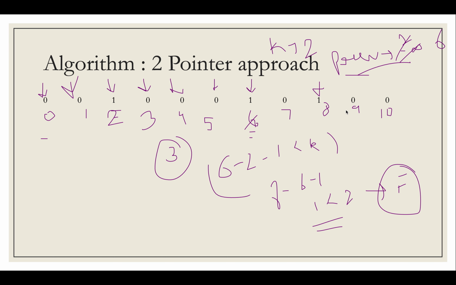Yeah, this is what we have to write. You store the index of the previous one, and you maintain a loop variable that keeps on iterating over the input array, and whenever you find a 1, you compare it with the previous one index. If it is within limits, you continue the process. If it is not, you abort the process and return false. And you also update the value of the previous one, because now this index will be treated as the previous one index. So let's quickly code this up.